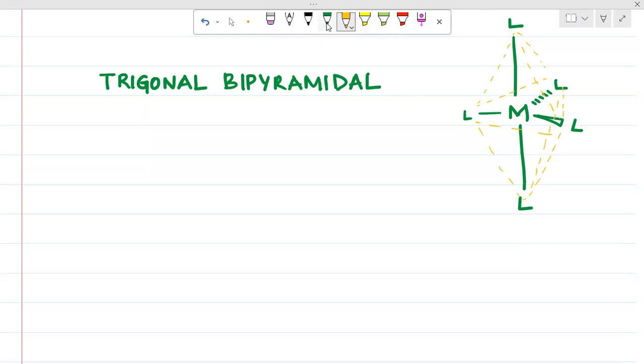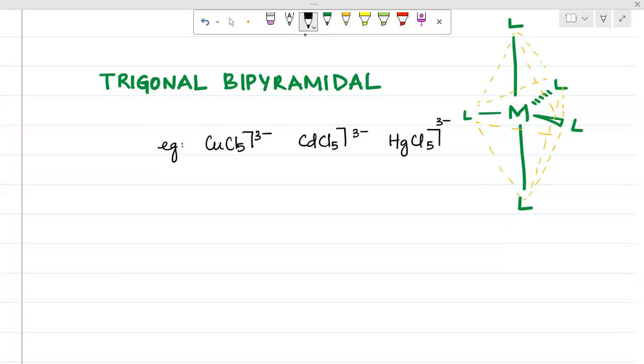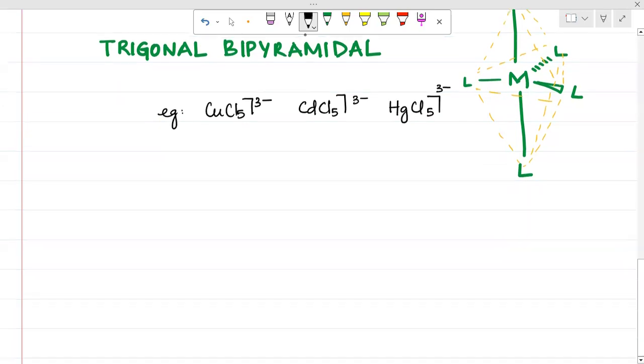So a few examples if you want. Examples, and again, this has 5 ligands. CuCl5 3 minus, CdCl5 3 minus, HgCl5 3 minus are a few examples. And the order over here is